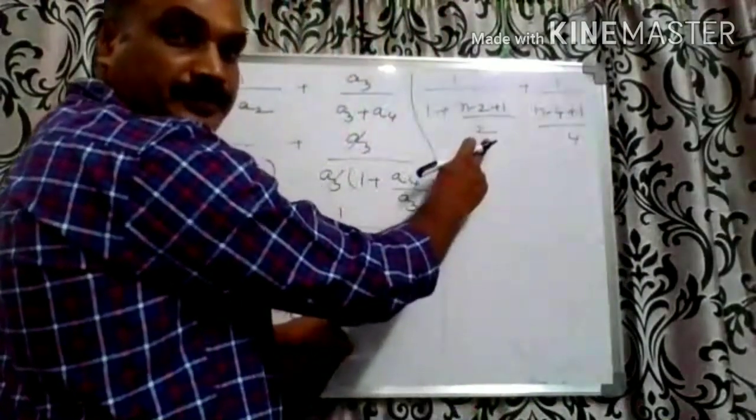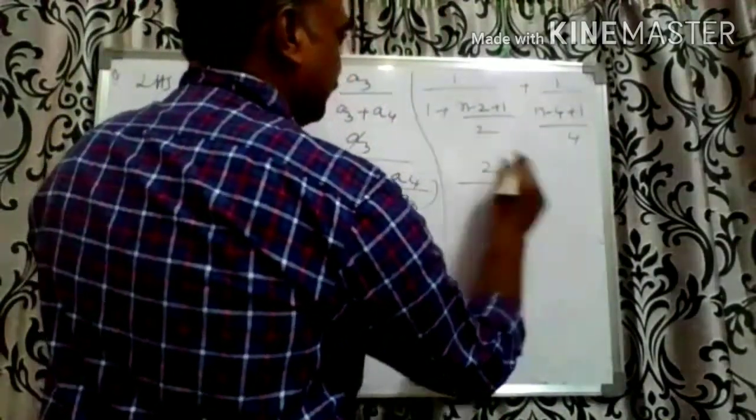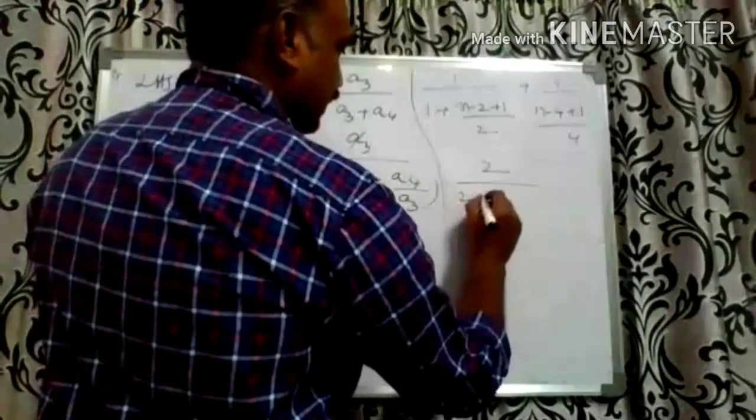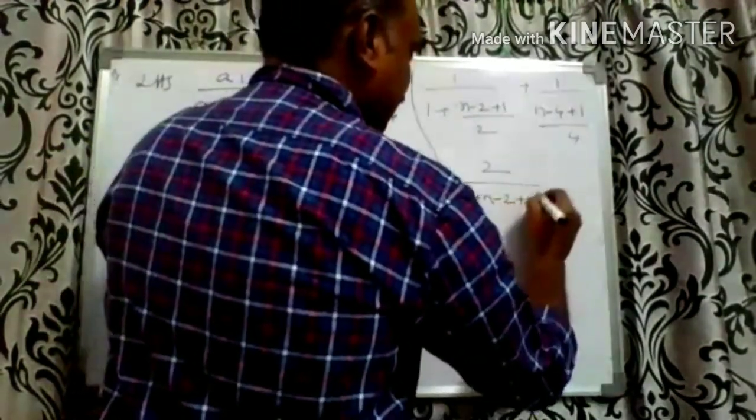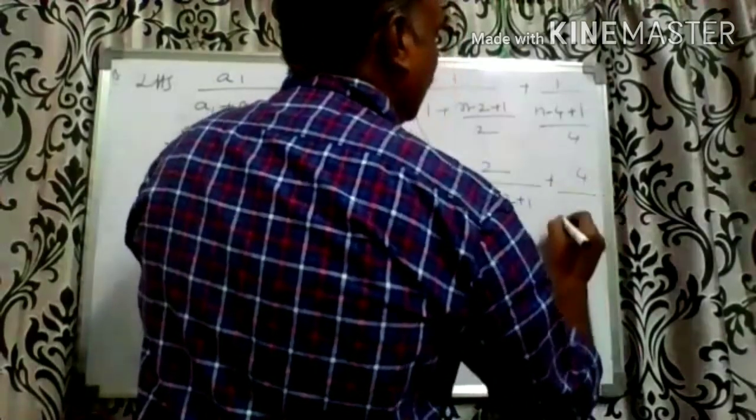Here LCM is 2, 2 by 2 plus N minus 2 plus 1 plus 4 by,